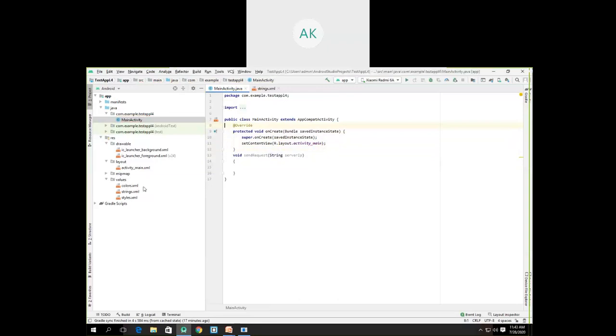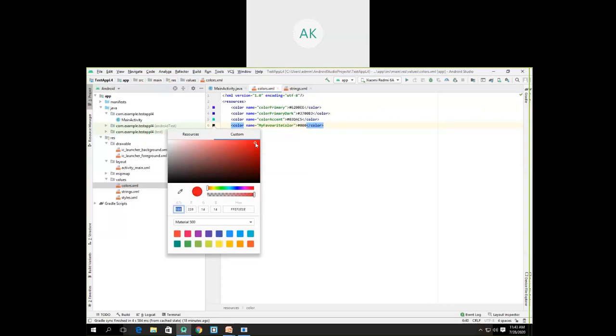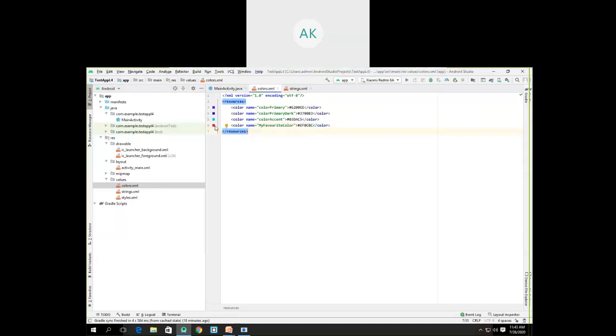Just have to remember that whatever the constant values are, we are declaring them here. So for example, if I want to create some color which will be used in our app, I can create a color here. So let's say color name is equal to my favorite color, and here I can declare the favorite color. Currently this will be black, and you can choose the color from here. So you can click on this particular color and it will allow you to choose your color. I'll be choosing this color as red. Now wherever I am referring to the color as my favorite color, it will automatically refer to this color as red.